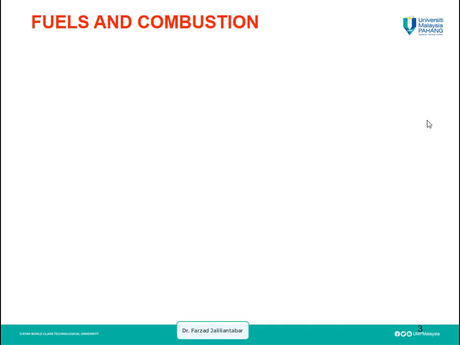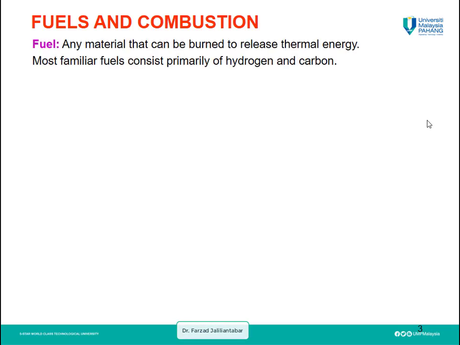In this chapter we are going to see another reason for the change in the energy of the system, which is the change in the chemical energy of the system. Actually, chemical energy of the system is the energy between the molecules or atoms of the material. By releasing this energy,